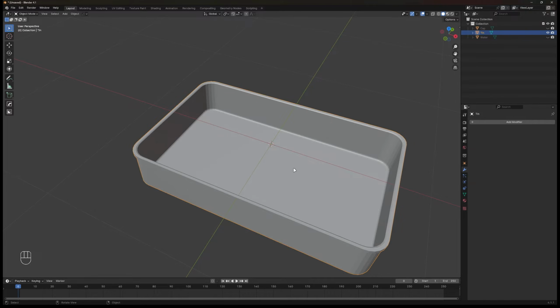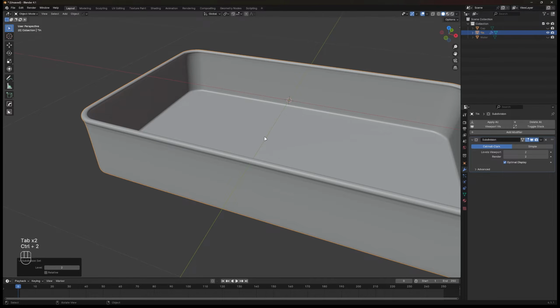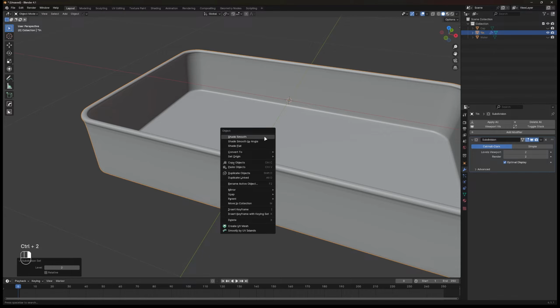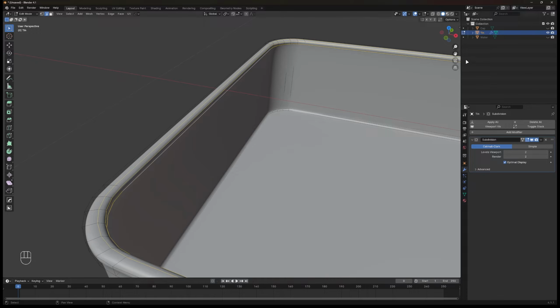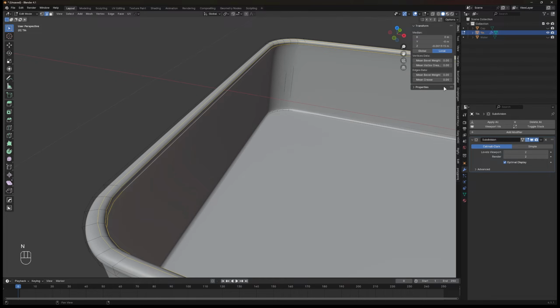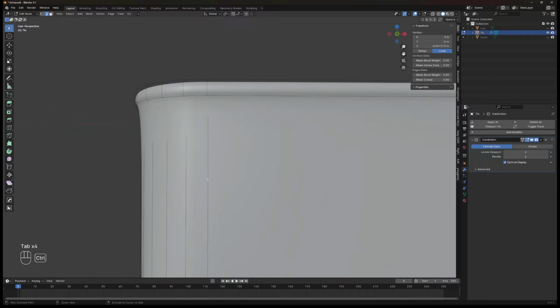Back to the tin in object mode and hit Ctrl plus 2 to add a 2-level subdivision modifier. Then right click the object and set smooth. Select this 3 edge loop on the lid, then press N to open the sidebar options panel. On the item section, increase the min crease to around 0.8 and on the outer tin here, add a loop cut and move it close to the top.